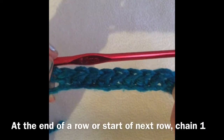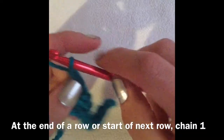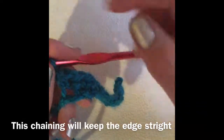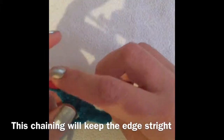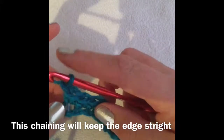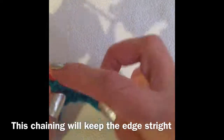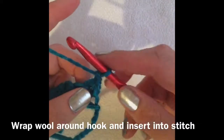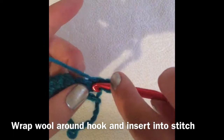So what I do is, for the start of every line, I chain 1. And what this does by chaining 1 is it keeps your sides straight. Otherwise, it's going to just go in a diagonal shape. So at the end of every row, depending on what pattern you're using, you'll always chain at least 1 and you turn your work. So to do a double crochet, wrap the wool around your hook, insert it into your